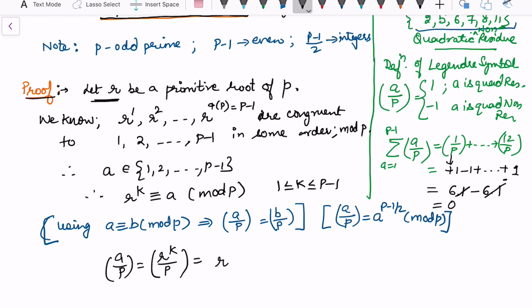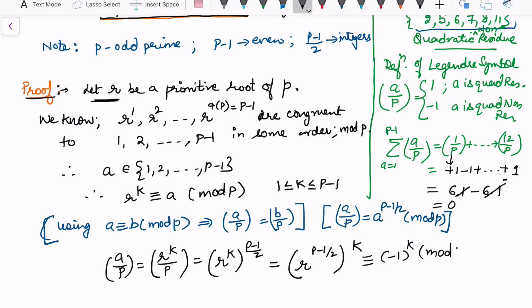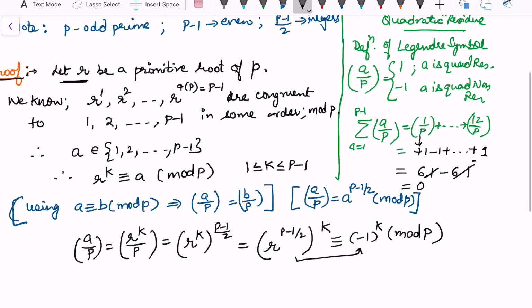So this means it is r to the power k, whole to the power (p minus 1) by 2. This is the same as r to the power (p minus 1) by 2, to the whole power k. So just replacing the power, this is congruent to minus 1 to the power k modulo p. Now we can consider this quantity as congruent to minus 1 to the power k because there are only two